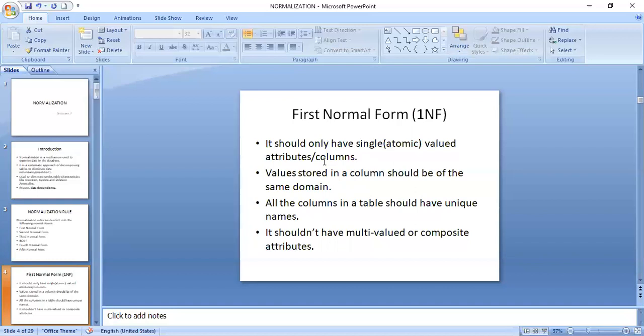So when you consider the data which is stored in the database in that particular table, in the relation which is in the form of rows and columns, all the values in the rows and columns must be unique, single valued attributes, single valued columns. Is this clear? So the first normal form basically concentrates on such a thing.